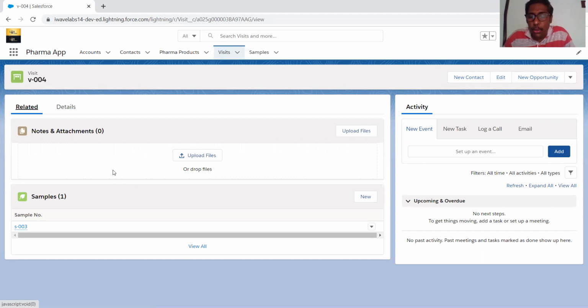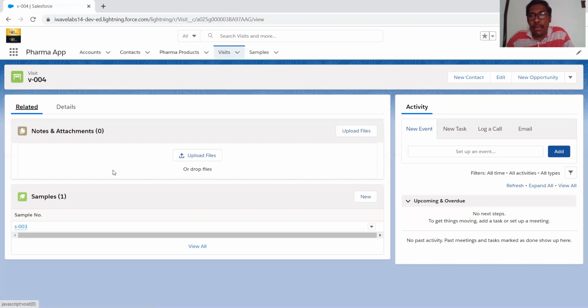To create a lookup relationship, first we selected a child object called sample, and then selected the fields and relationship. Then click on the new button and selected the data type called lookup relationship. Click on next, and then I've entered the related to, selected the visit object, and then I've entered the field name.